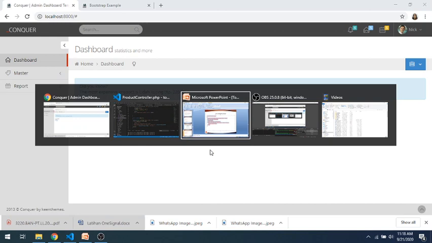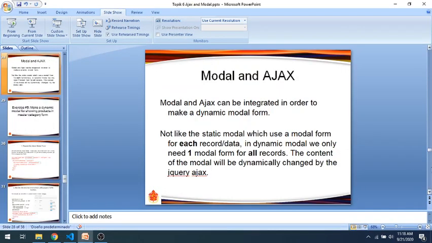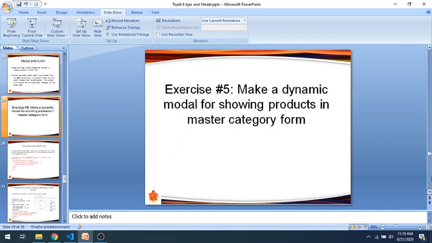Okay, we continue about modal and ajak. We will collaborate the modal and ajak in showing data from master category. We will show the products of the category.